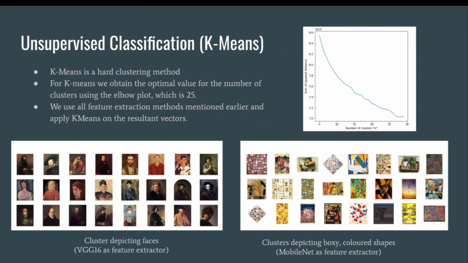For unsupervised clustering using k-means, we used the elbow method to obtain the optimal number of clusters, which came out to be 25. Here are a few examples of the clusters formed from different feature extraction techniques, depicting how the clustering is able to group similar pictures together. The cluster on the left puts together all face portraits, while the one on the right puts together boxy colored